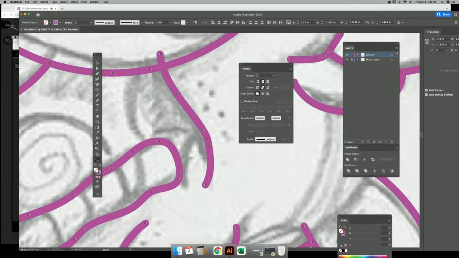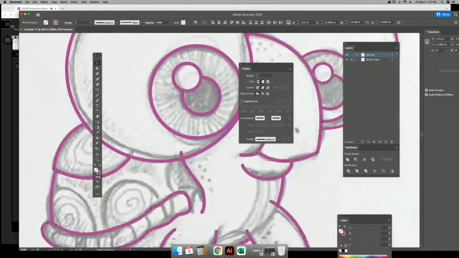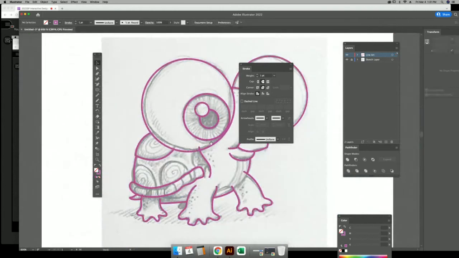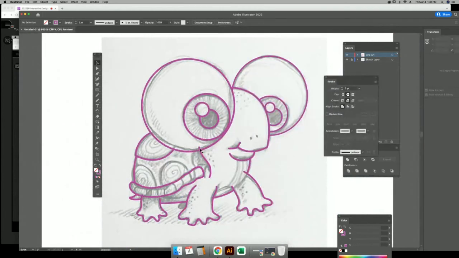I usually click on both of them. So now all my lines don't look jagged. They look like they were meant to be. And the only part I don't like is this little piece right here. So in order to cut that off,